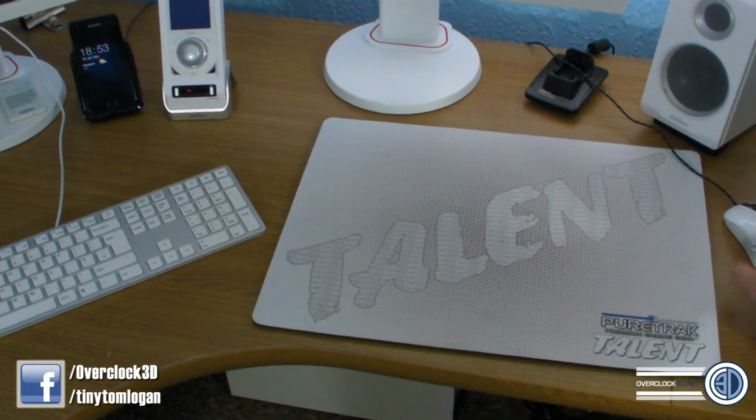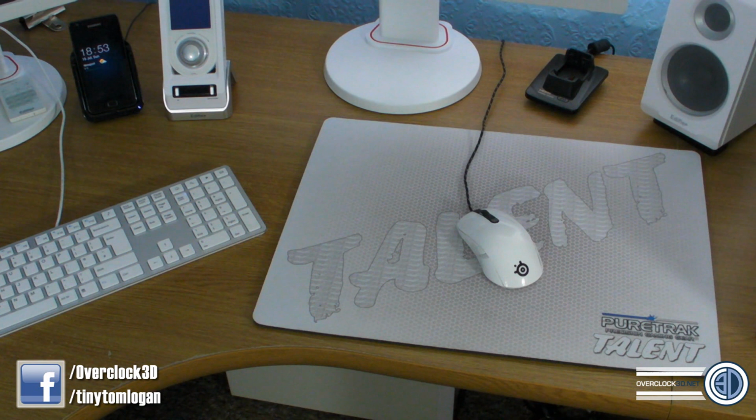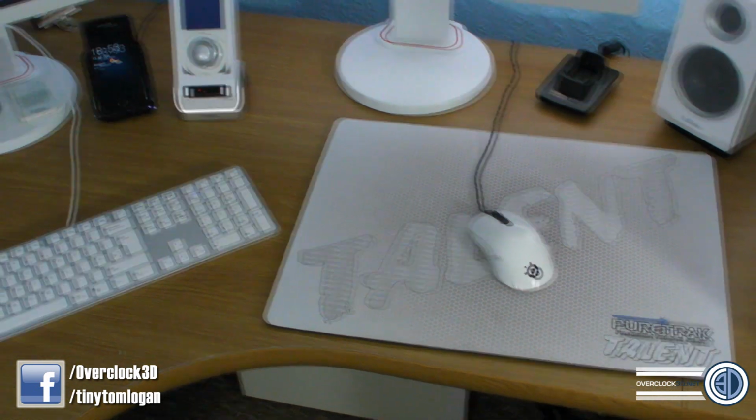now a lot of you are going to be asking me why I'm using a Mac keyboard, but it's not a Mac keyboard, it's Keysonic. But anyway,